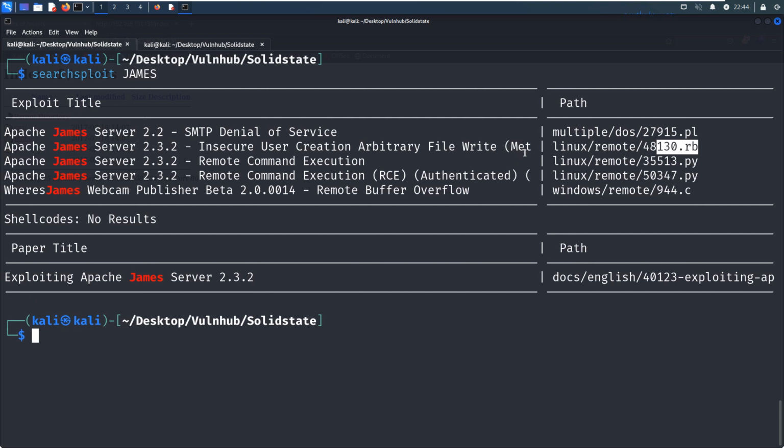Okay, so as I mentioned in the other videos, it would be best that we try Metasploit first. If this cannot work, then we can try other ways. Okay, so let's do it now.